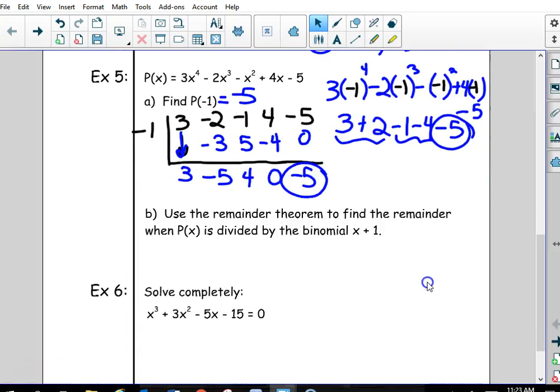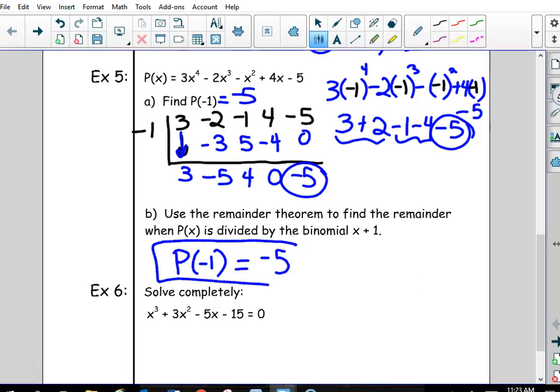You also get a problem like this after it, a problem that's phrased this way: use the remainder theorem to find the remainder when p of x is divided by the binomial x minus 1. Hey, they're just asking you to do the same thing a different way. So set up your synthetic division, and p of -1, we already calculated above, is -5. So that's a different way, and a rather confusing way if you ask me, to get you to do the same